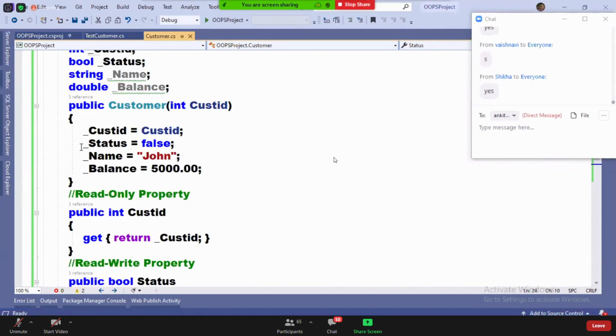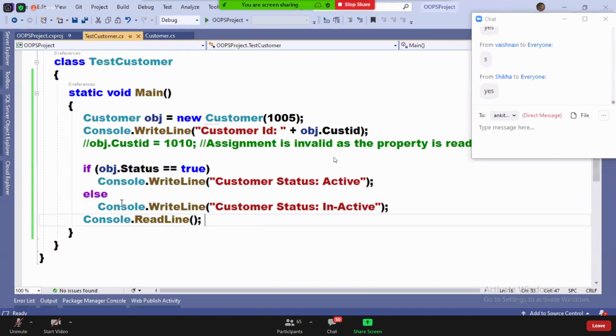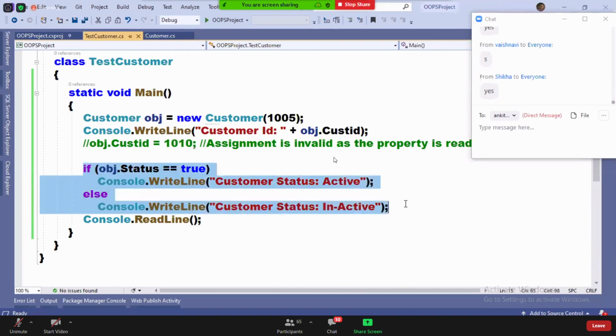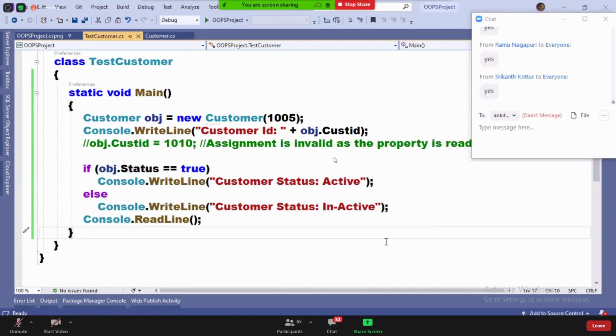Right now the default value is false here. Are you clear, guys? The status of the customer is going to be inactive now.